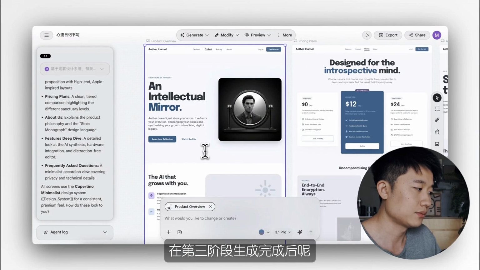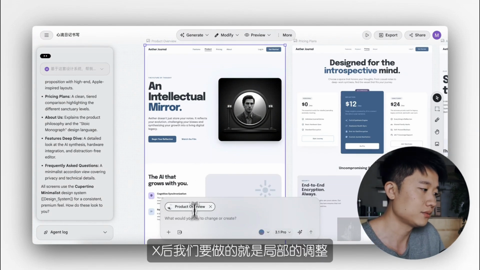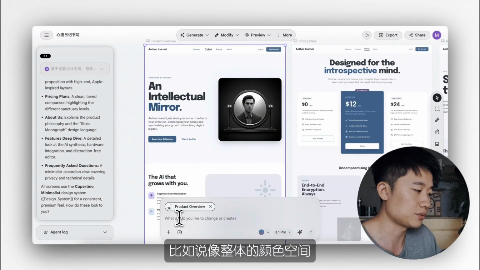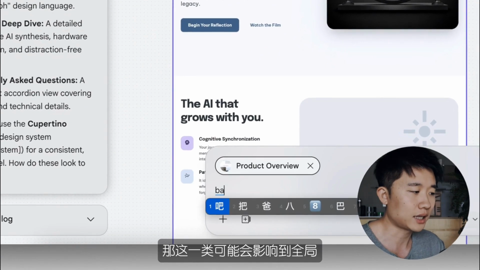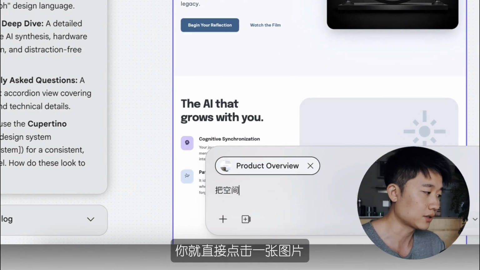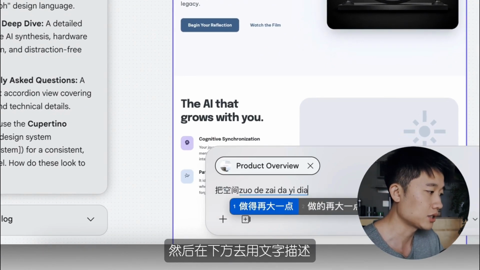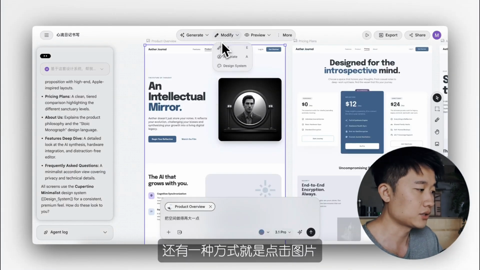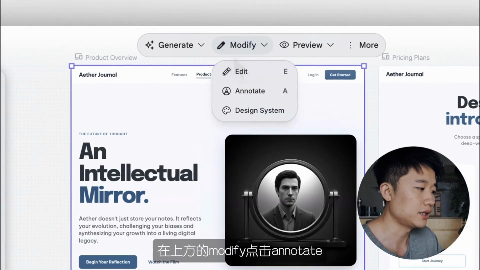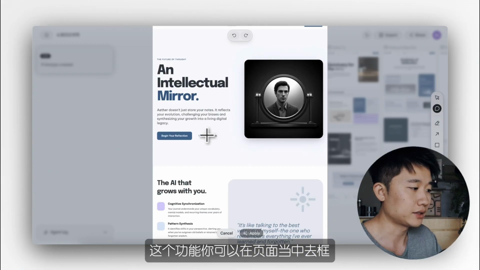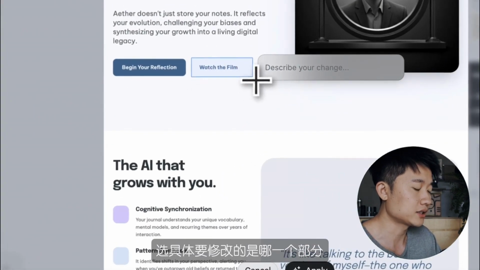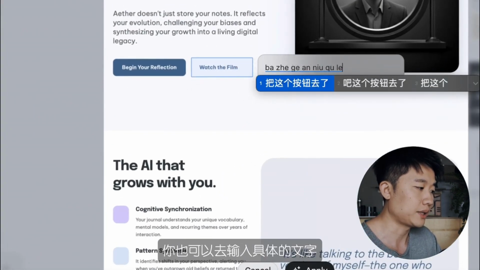In the third stage, after the generation is complete, the last thing we need to do is make local adjustments. If it's a major modification like the overall color space, which might affect the whole thing, you just click on an image and then use a text description below to make a general change. Another way is to click on the image, then click annotate under modify at the top. With this feature, you can select the specific part you want to modify on the page, and you can also